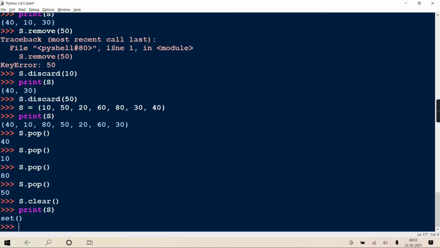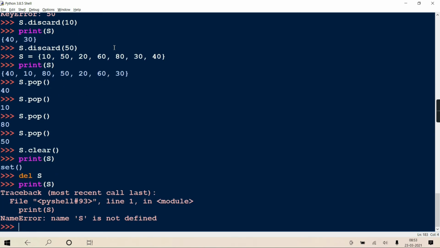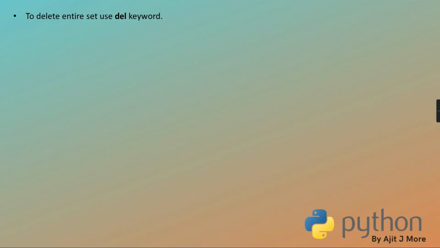Like for list it was possible, del L of index, we could do it. I hope you remember, in the case of list it was possible: del list object, square bracket, index. Such a thing is not possible here, but the entire set you can destroy by writing del set object. See here, if I write del s, and now if I try to check what s is, it will give a name error. Why name error? Because the object s from the symbol table is gone, it is completely unbound. Okay, so name error, name s is not defined.